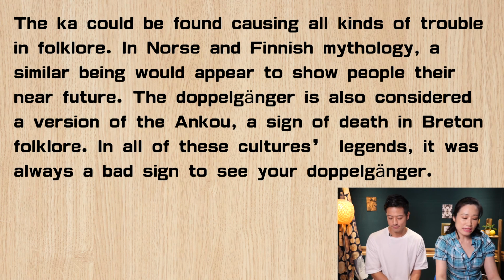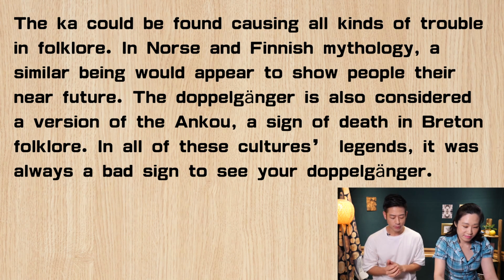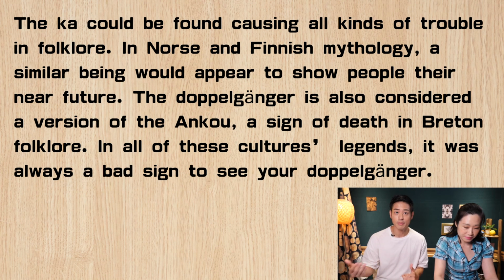Here when you see near future, the near is an adjective meaning something that might happen soon. Near future 的 near 呢，在这边是一个形容词，那主要就是指呢，有一件事情马上即将要发生了。The doppelganger is also considered a version of the anku, a sign of death in Breton folklore. 他说呢，在这个布列塔尼的一个民俗故事之中呢，分身这个用法呢，其实也被视为是一种 anku 这样子。